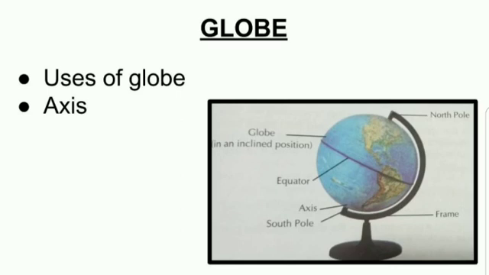The lines of latitude, that is the horizontal lines, and the longitude, which are the vertical lines, both of them together help us to locate any place on the earth. The equator, which is the horizontal line that passes exactly through the middle of the earth, children, is called the great circle because it makes the great circle. See, the earth is round, so the lines drawn on the earth, latitude and longitude, are also round, children. So the latitude is also a complete circle.